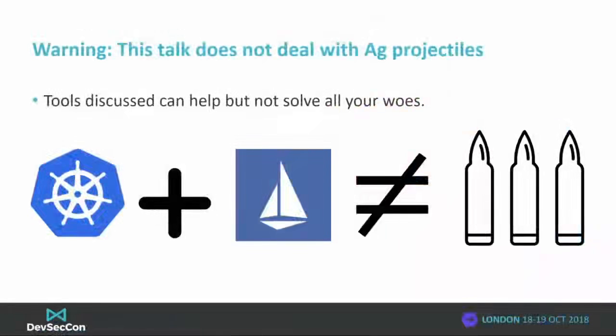So I like to start with a warning. All the tools we talk about today, and actually over the last 2 days, they're not silver bullets. Kubernetes, Istio, all the other tools that we've spoken about aren't going to make your world better on their own. You have to do a lot of the work yourself. A lot of these measures are defense in depth, and you've got to remember security is all about context. It's where you deploy your mitigations, and you have to understand that your mitigations match your context.